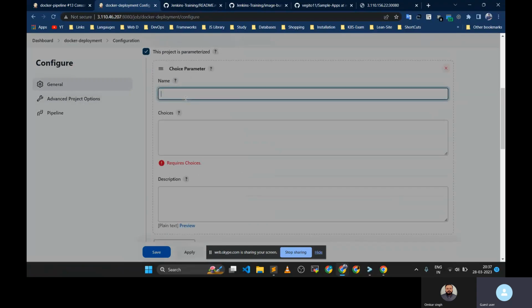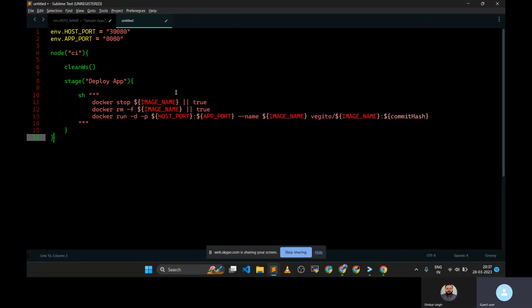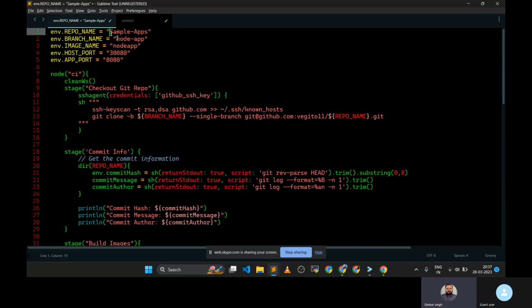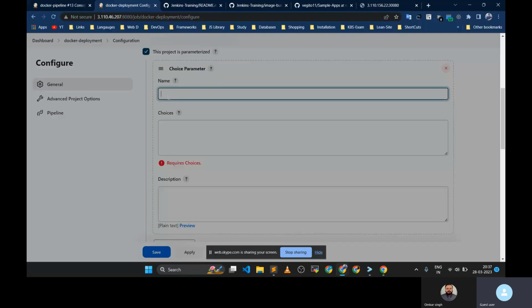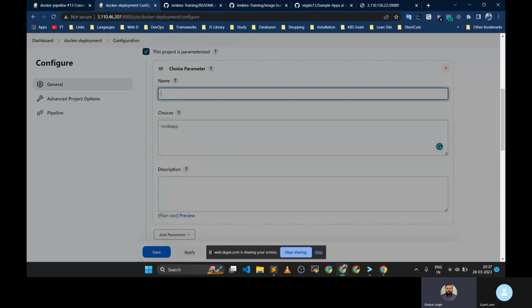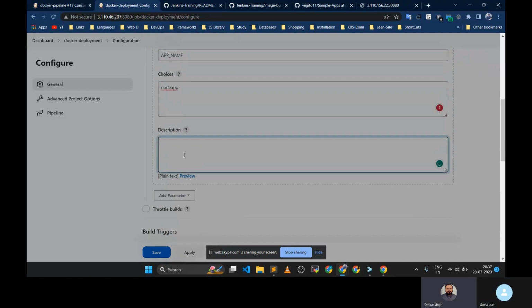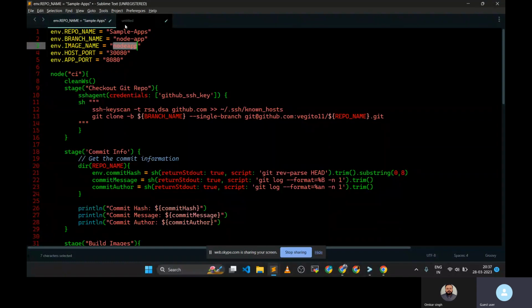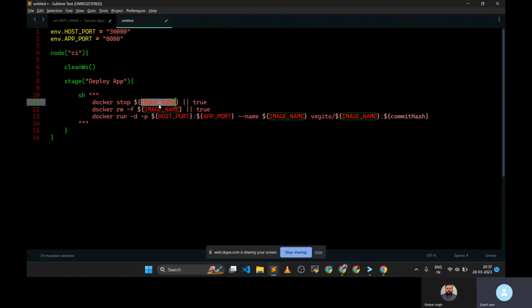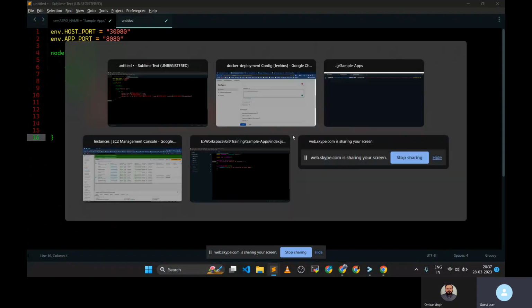Suppose you know there are only five applications. Our current application name is sample app. You can give the app name as the variable name, then give the application image name. The next parameter will be, since we require image name and the commit hash is also required,